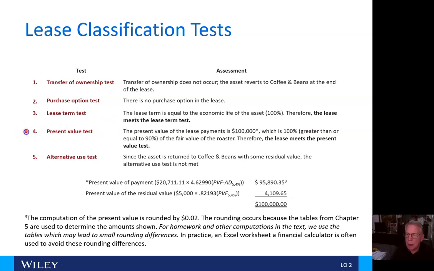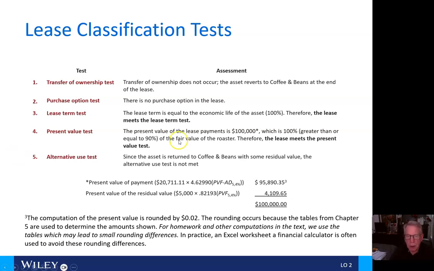Number 4, the present value test. The present value of the lease payments is $100,000, which is 100% greater than or equal to 90% of the fair value of the roaster. Therefore, the lease does meet the present value test. And number 5, since the asset is returned to Coffee and Beans with some residual value, the alternative use test